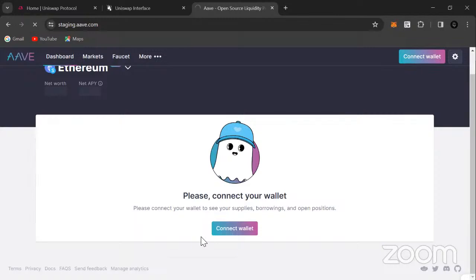Okay, let's look at these questions. Can you swap testnet faucet tokens for stable coins? Of course, you can swap testnet faucet tokens for testnet tokens.